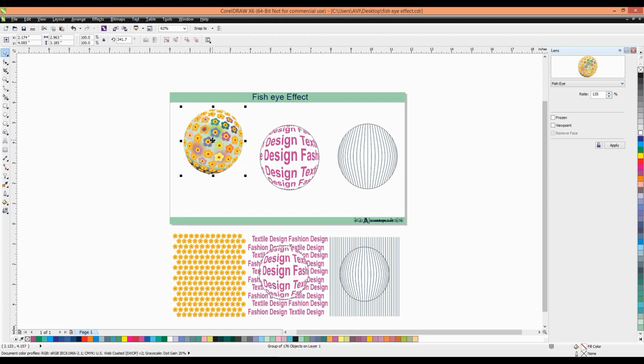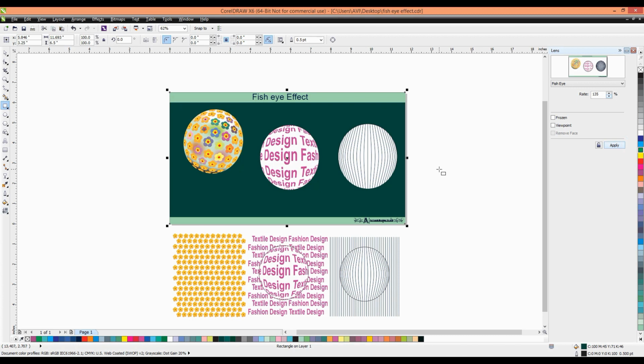Select this on the top. We make a background, maybe colored dark green. It looks nice. When you select this circle, you can copy and paste one more circle.